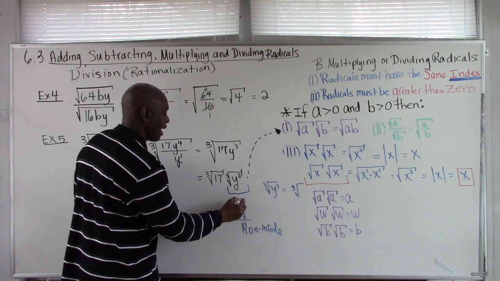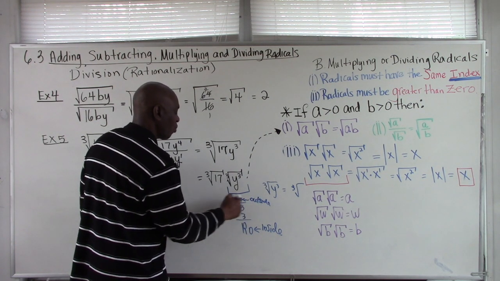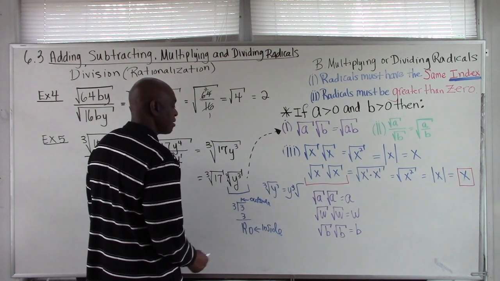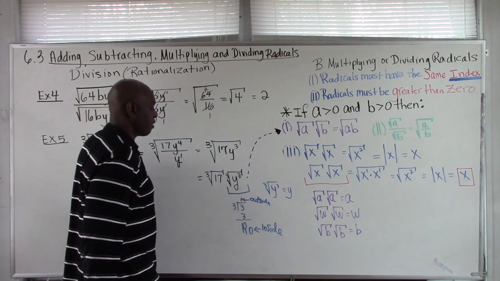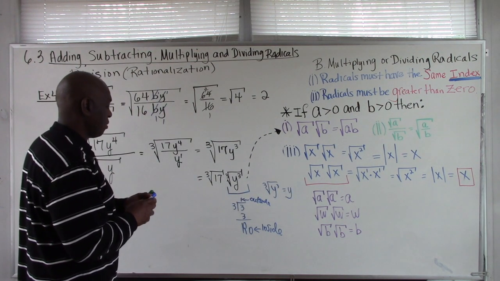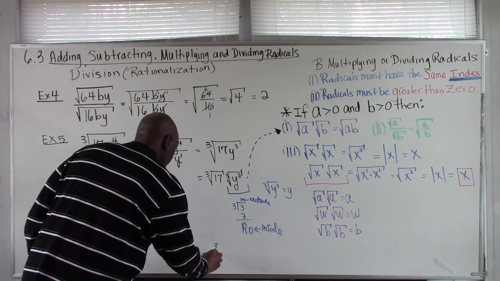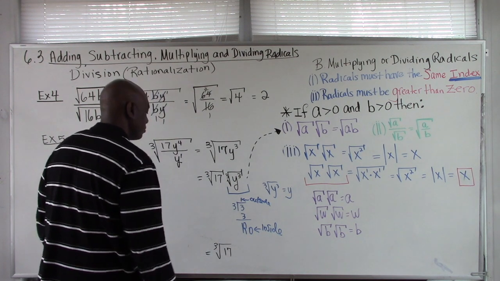How many y's go outside? 1. So put a y outside, and there are no y's on the inside. So you can get rid of this, because there's no y's inside there at all. And so our final answer is going to be the cube root of 17y,